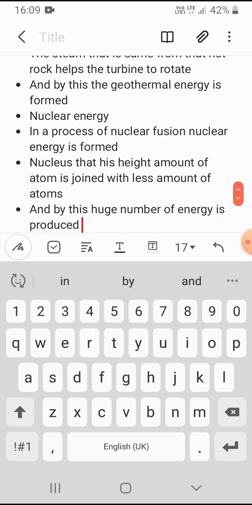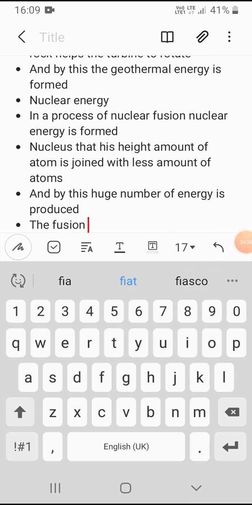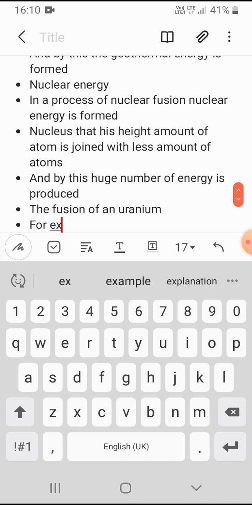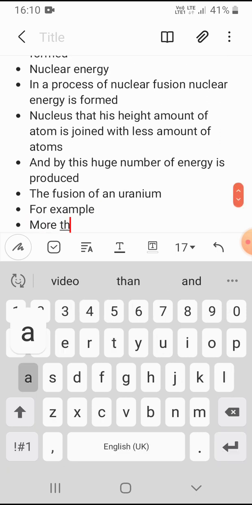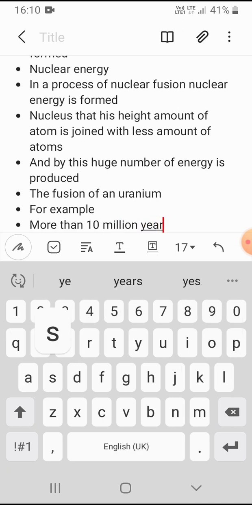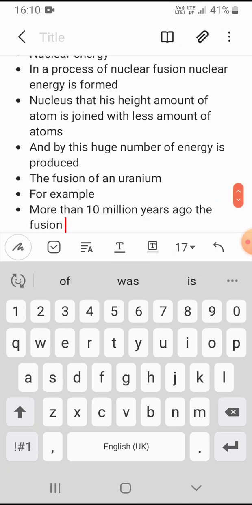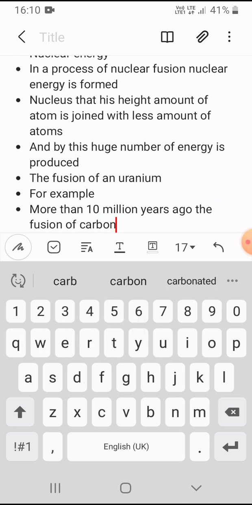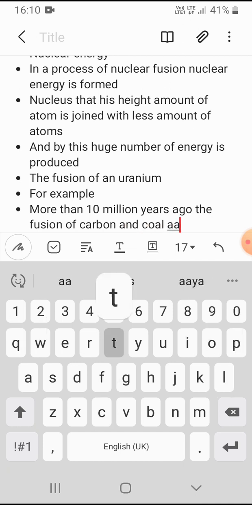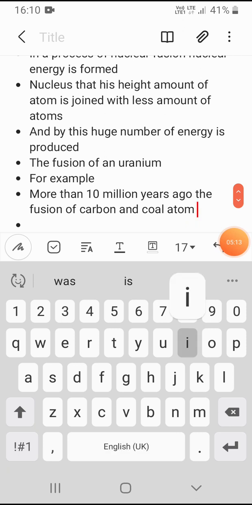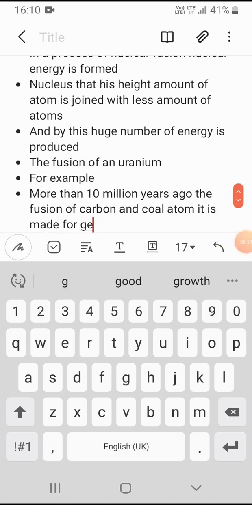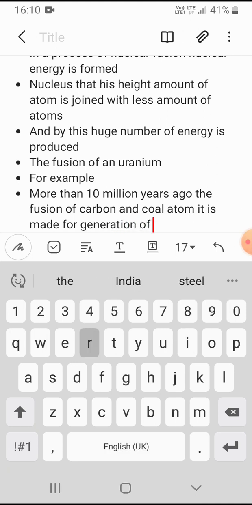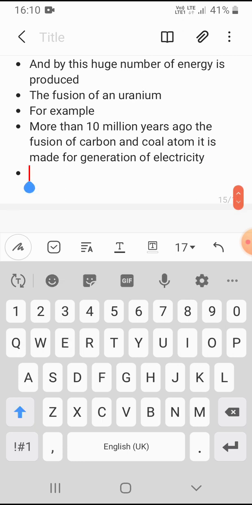The fission of an atom is an example. Fission of uranium is also an example. Uranium also you have heard. And for example, more than 10 million years ago, the fusion of carbon and coal atoms, carbon and coal atoms fusion, was made for generation of electricity. It was made many years ago. It is made by